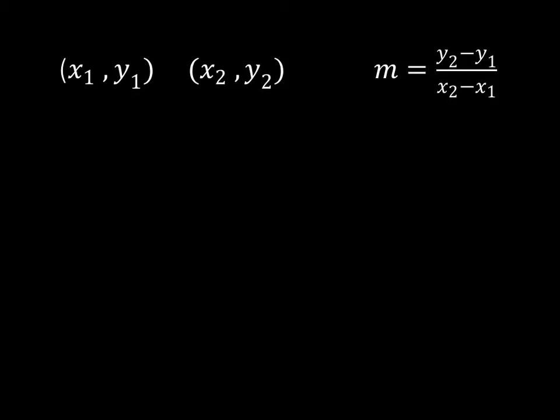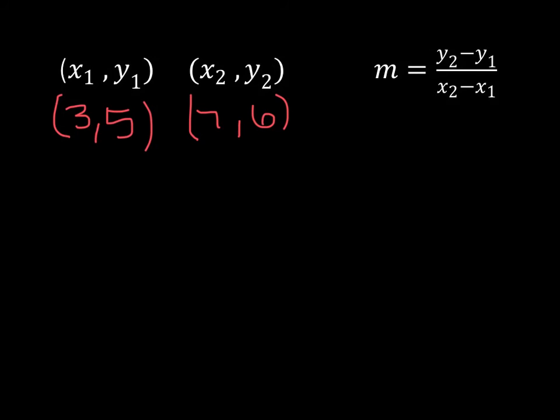Lastly is finding slope from 2 points. Remember, 2 points are always x and y, and your slope formula is y2 minus y1 over x2 minus x1. So if we're given 2 points, (3, 5) and (7, 6), we can find the slope by plugging these points